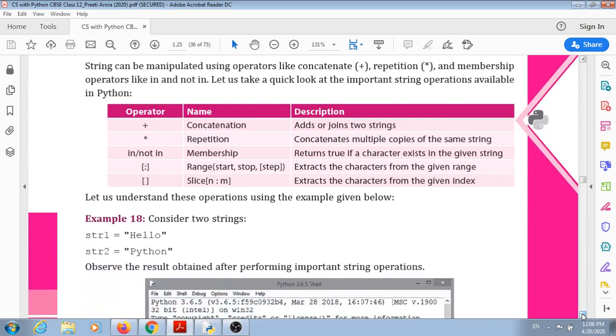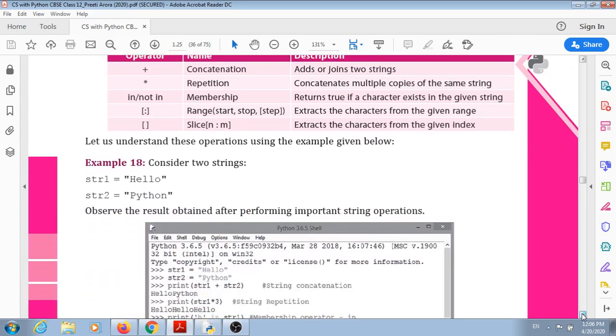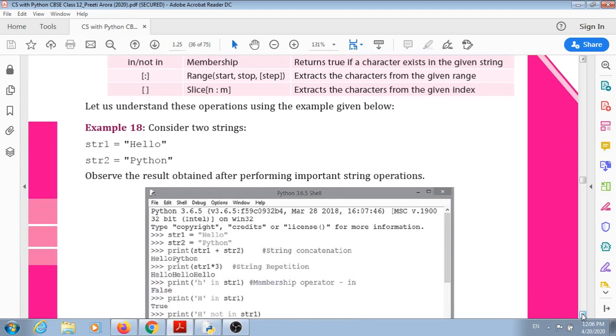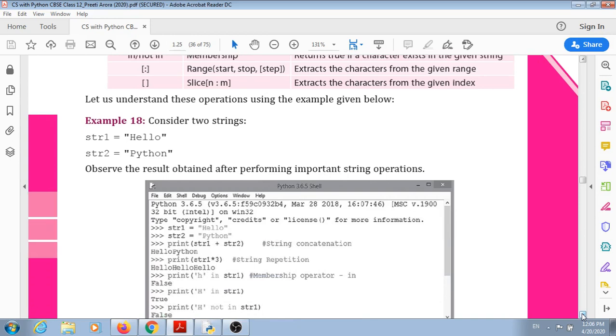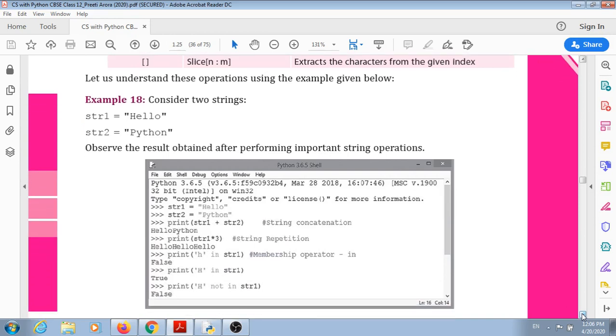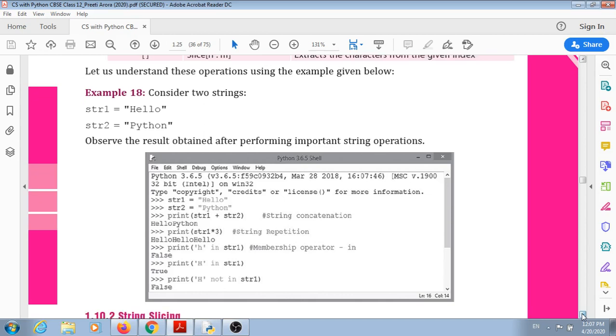See these examples. Example number 18 is given here. String 1 is hello and string 2 is Python. Then the example is given here on the IDLE. First the concatenate operator is used, then string repetition, then in and not in operators are used.